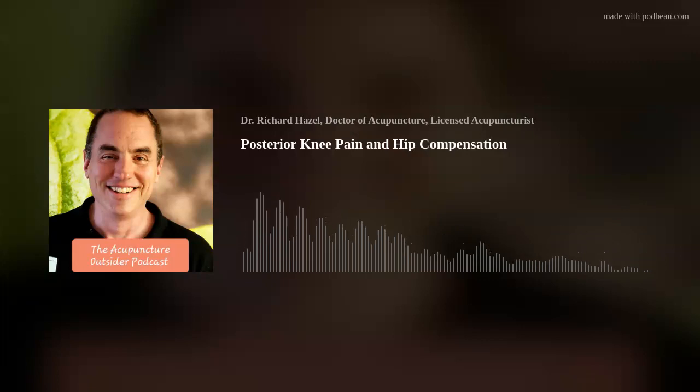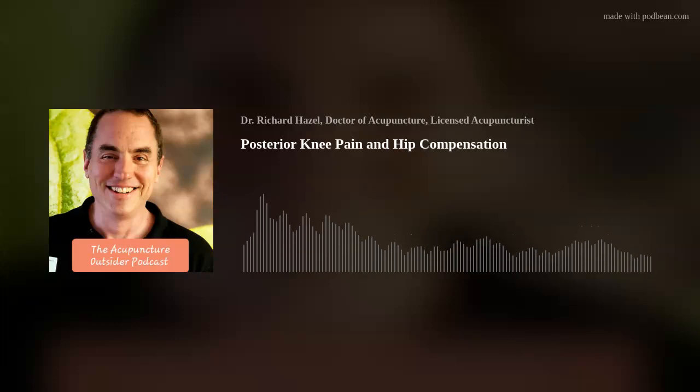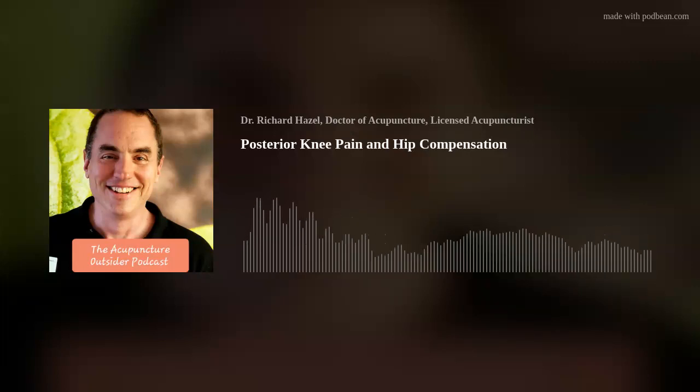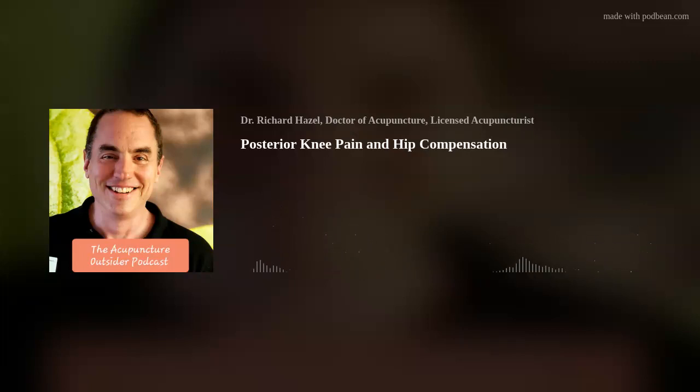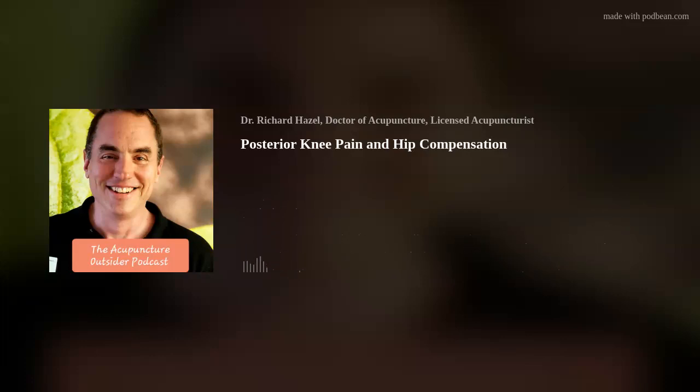So I check his external rotators, internal rotators. I do the normal passive internal rotation, external rotation on the good side. His external rotation on his left side, his good side, is excellent. His internal rotation, though, was not quite 45 degrees. So I know his normal's a little tight, but on the affected side, he had restricted external rotation as well as almost zero internal rotation of the hip. So we know his deep rotators are super tight.